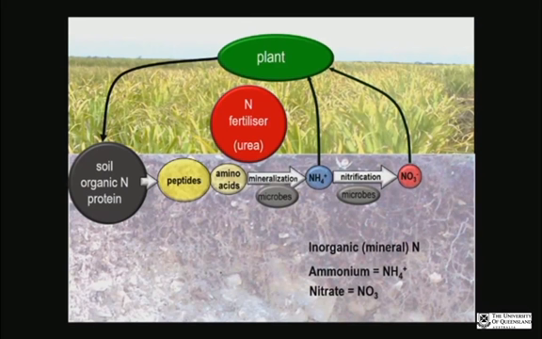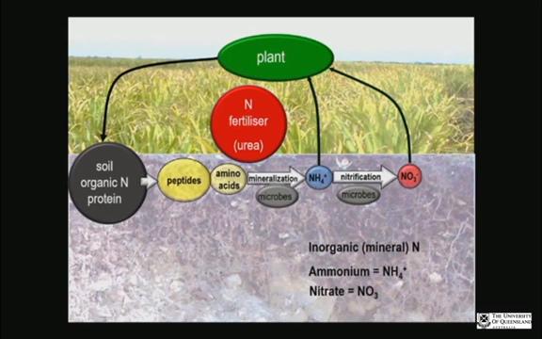So in very broad terms, you have a plant here, the plant dies or decays, and you have a large pool of soil organic nitrogen, and that's in the form of protein. So it's organic nitrogen, and it's up to 10,000 kilograms per hectare in the soil as protein. That's just the stock of nitrogen that's in the soil. That's not necessarily available. Some of that is, but a lot of it is just part of the soil organic